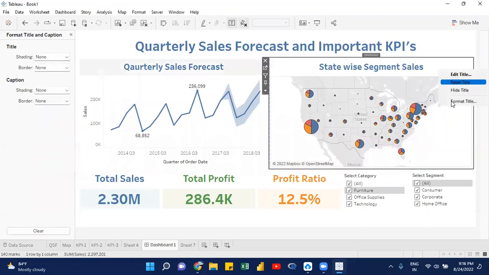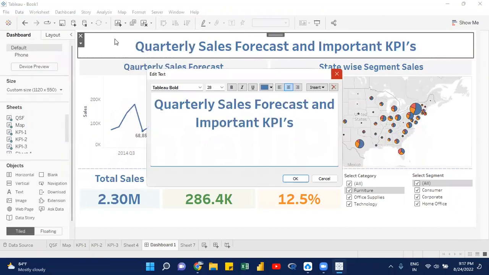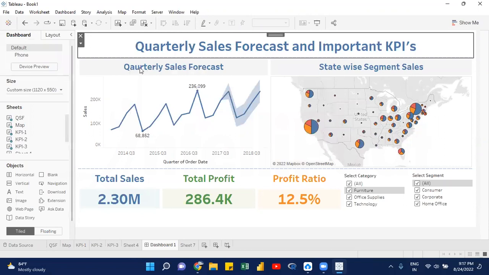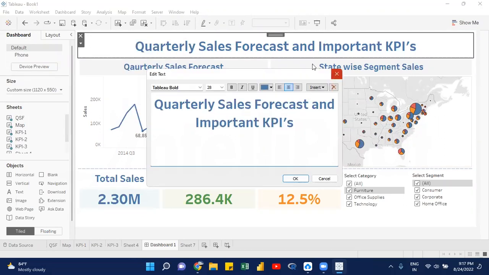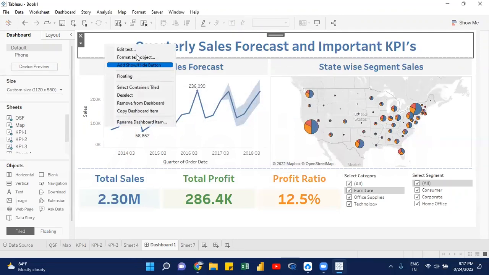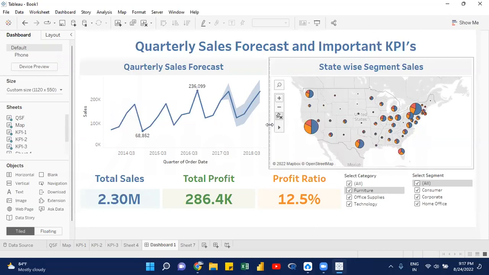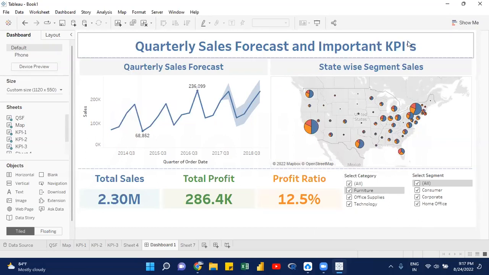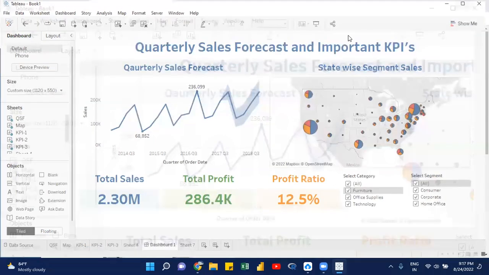I'll add shade here also, and onto the title also. Okay, so our dashboard is ready,